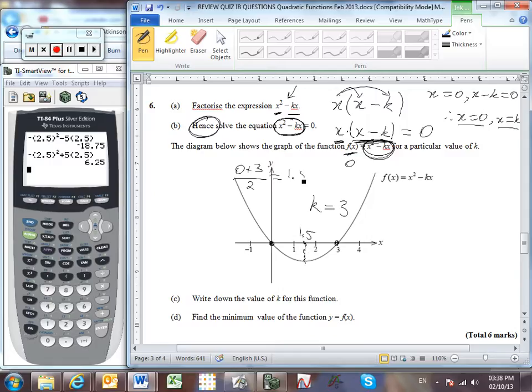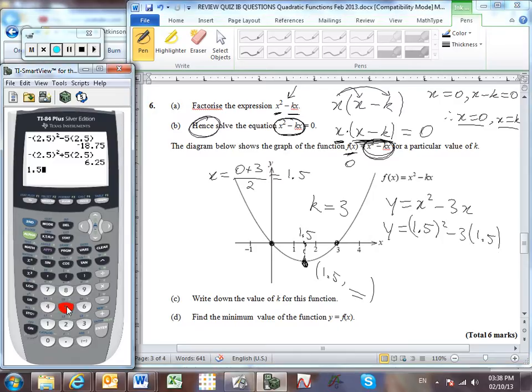That gives me 1.5. And so if that's the x value at the vertex, how can I find the corresponding y value? Well, I could just plug it into my equation. You remember that we now know that the value of k is equal to 3. So let's substitute that, and now let's put in that x value at the vertex of 1.5, and 1.5 squared